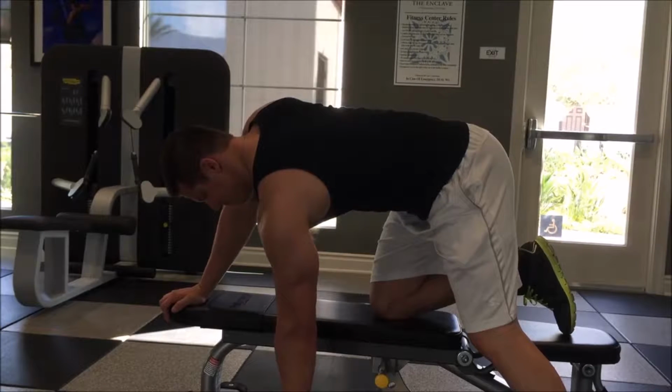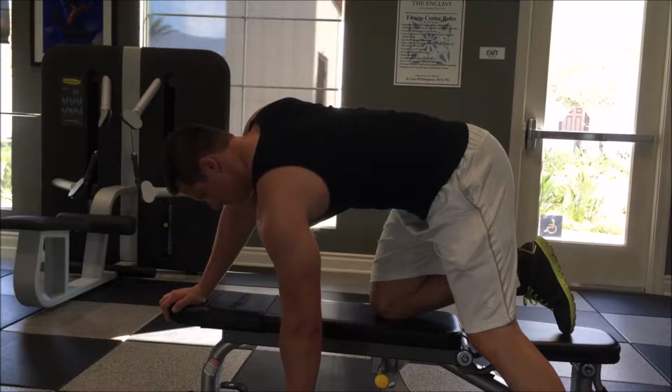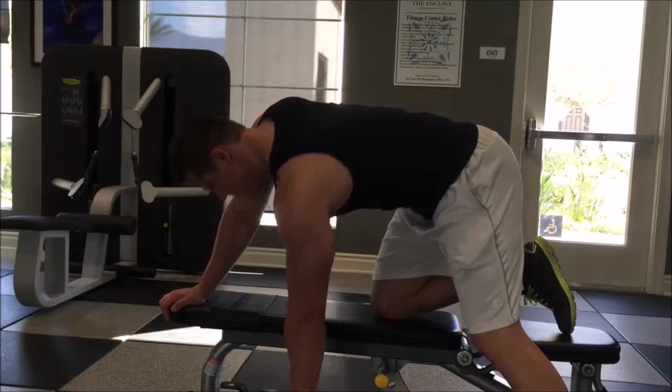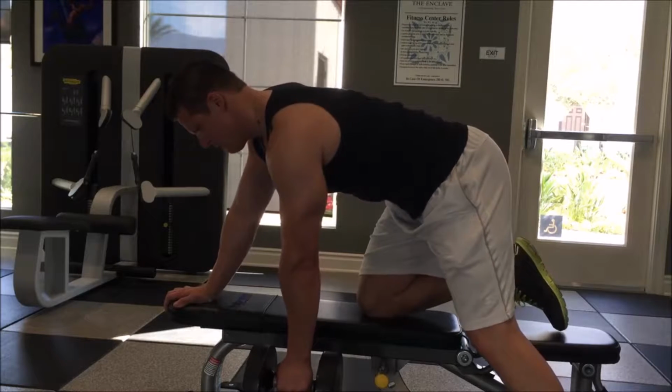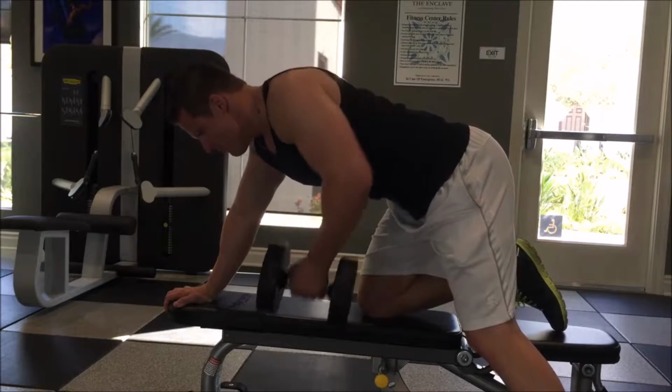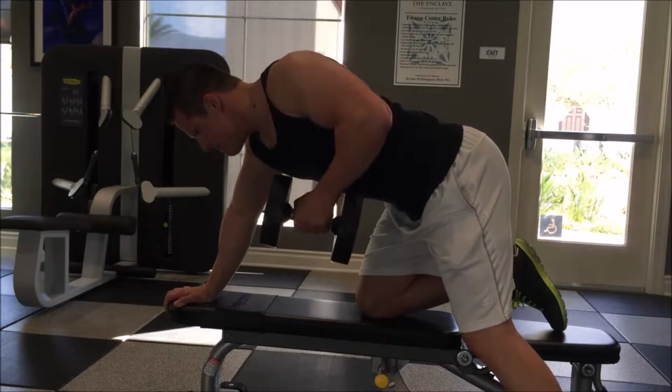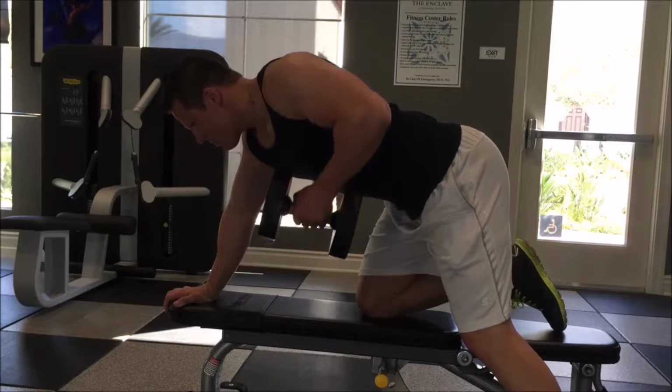All right, guys, this is exercise number 3 of our back and biceps. What we're doing here is a single arm dumbbell row. As you can see, he has his dumbbell. Just watch his back. It's very flat. He keeps his hips tight, his core tight, and his back straight. As you can see, he pulls up